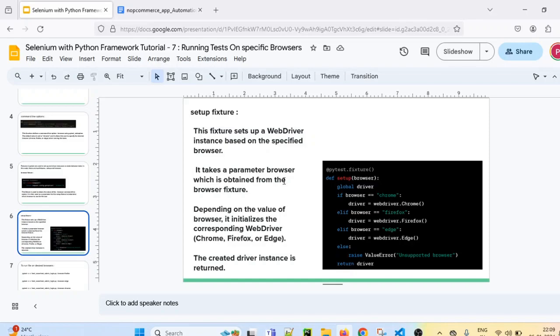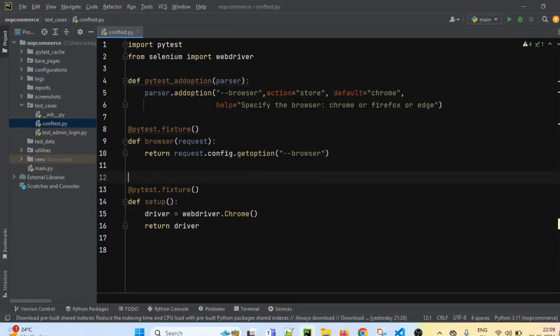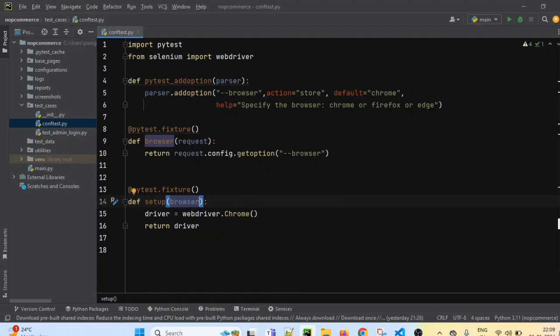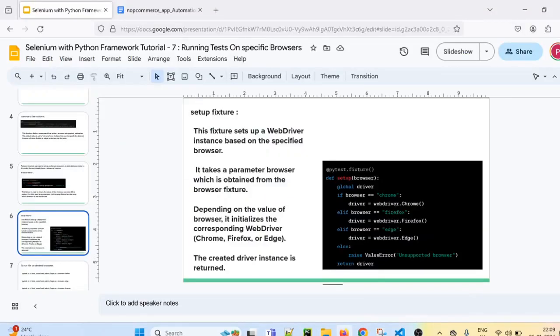First of all, the browser which is returned by our previous fixture, we will pass to this setup fixture. So here we have to pass browser, and now we can add the condition. We take the parameter browser obtained from the browser fixture, and depending on its value it will initialize the corresponding WebDriver, for example Chrome, Firefox or Edge, and return the driver instance, which we can use in our test cases.